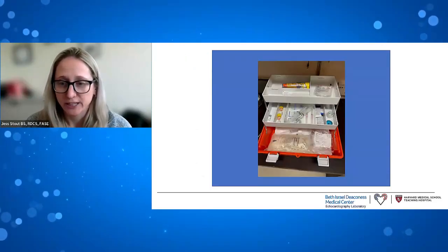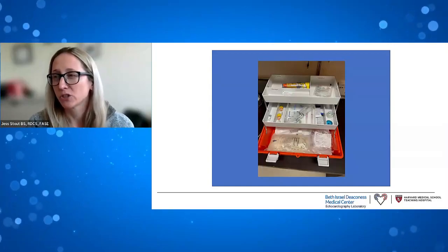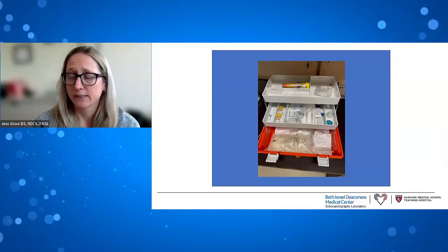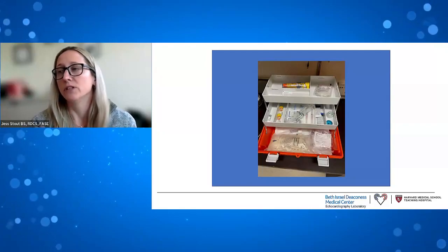And our allergy kit, the only thing I want to add about this is for anyone wondering about storage, we did have Joint Commission come through while we had these, and they completely checked off the way we were storing everything. They were totally fine with it. We do keep them